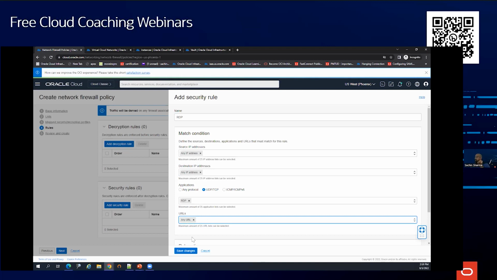If we put deny URL or allow URL over here, it will check that URL, and if it does not find that URL in the AND option, it will drop the traffic. So you need to put any URL for the applications which are working on ports, that is either UDP or TCP. For ICMP also, actually. ICMP is a layer 3 protocol, but for ICMP you also need to choose any URL only.